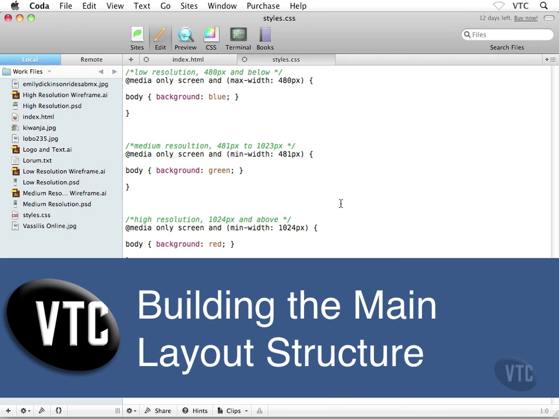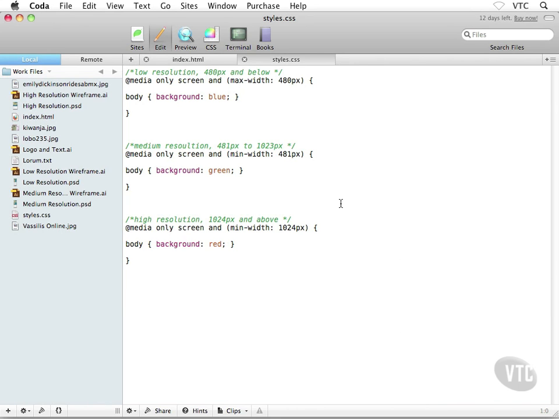All right, we have our 3 media queries in place. We're ready to now move forward and build out the HTML structure. Once again, how it's going to work is we're going to have a single HTML document, which is going to contain all the building blocks, if you will, for our layout, which we've been working so hard on inside Photoshop, of course. And it's the external style sheet containing the 3 media queries that's going to adjust those